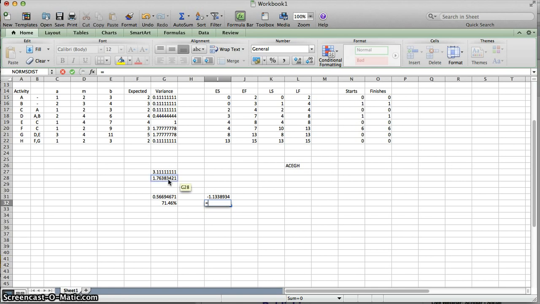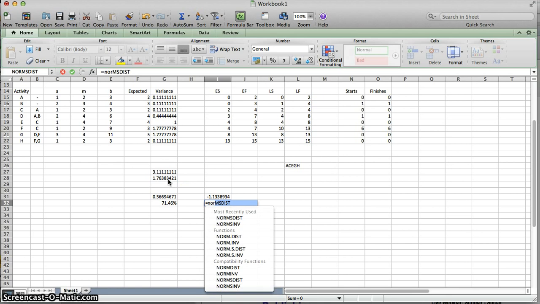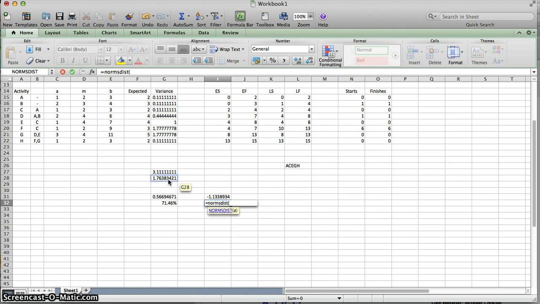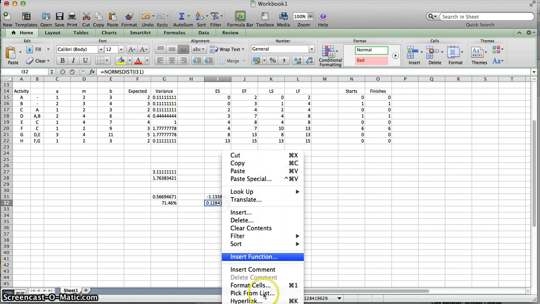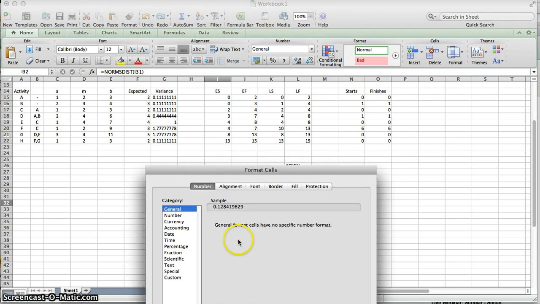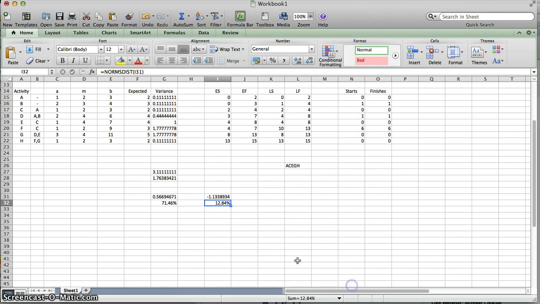Or in Excel, it's easier just to use the NORM.S.DIST function and then plug in the z value, in this case a -1. And once again we could format our cells so it's a percentage. And there is a 13% chance. So it's less than 50-50, and that should make sense